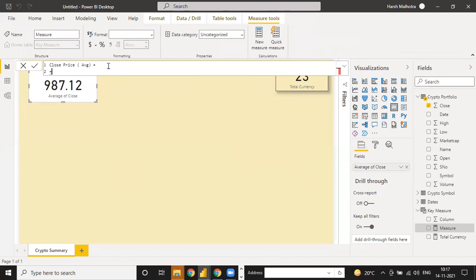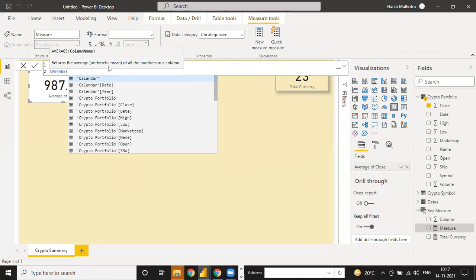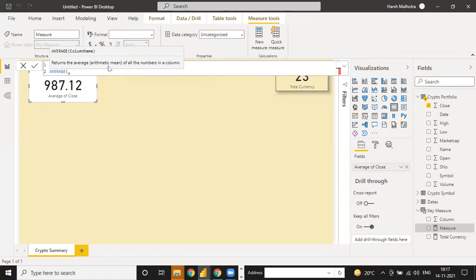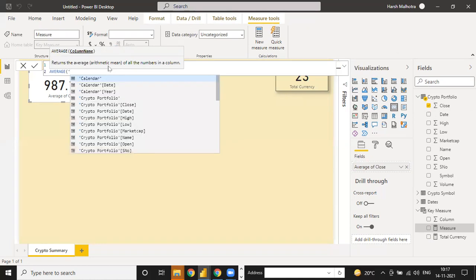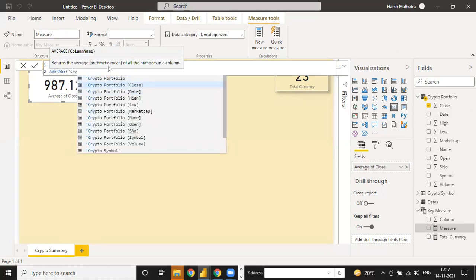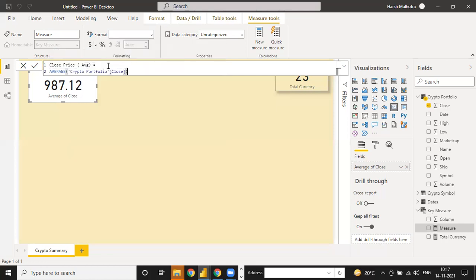Now you can use your function, AVERAGE, and select your column name: crypto portfolio and close price, and just enter.